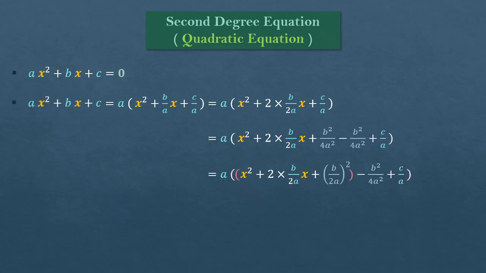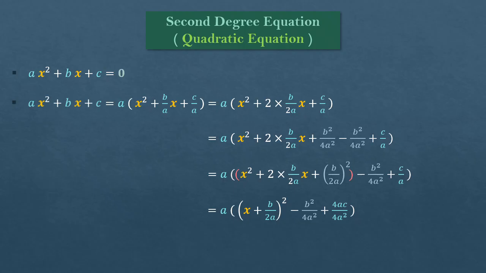Now if we put the expression x squared plus 2 times b over 2 times a times x plus (b over 2 times a) all squared between brackets, we find that it represents a remarkable identity of the form a squared plus 2 times a times b plus b squared, that we can factorize and write as (a plus b) all squared. Therefore, our expression will be equal to a times (x plus b over 2 times a) all squared minus b squared over 4 times a